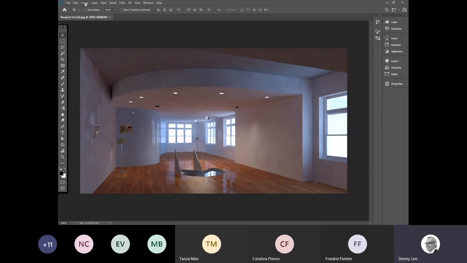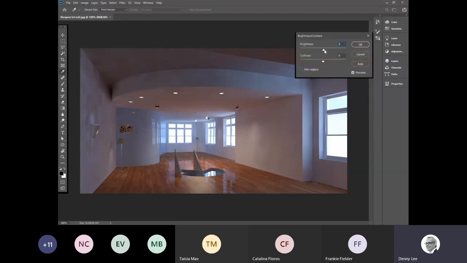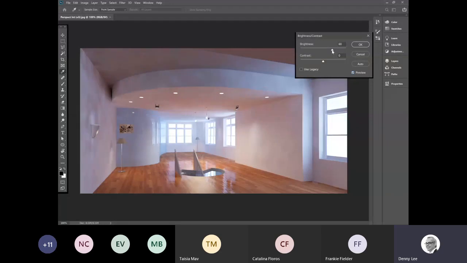If you do remember using adjustments under the image menu, of course you can keep doing that, and I'll just show you one. If we go to maybe even just brightness contrast, the first one, then you can see the result as you drag the slider. As long as you've got the preview option ticked, you can see a preview. But I'm going to show you why adjustments can cause problems if you use them from the